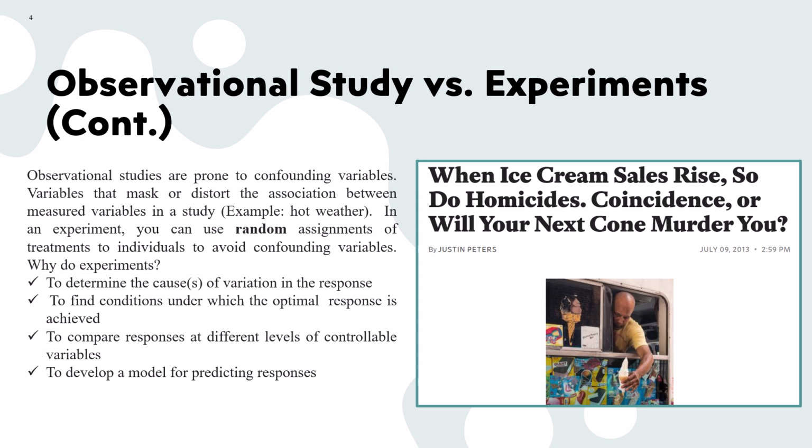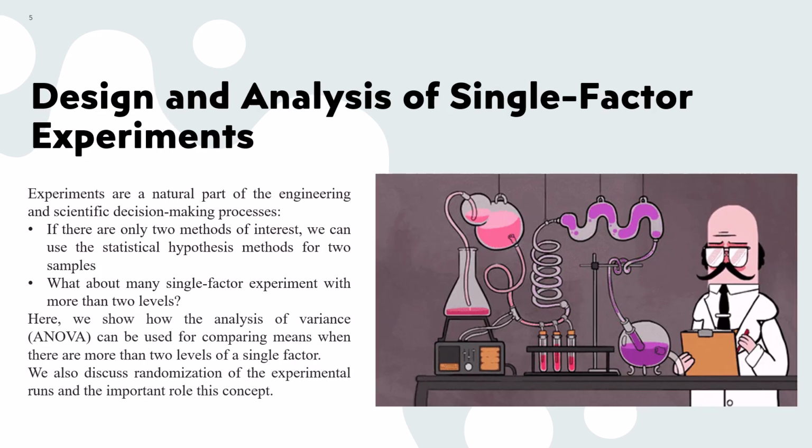4. To build a model that helps predict outcomes, so we can forecast performance without running a full test every time. Experiments are a natural and essential part of engineering and science. Whether you're testing new materials, improving a process, or tuning a machine, you'll often run experiments to figure out what